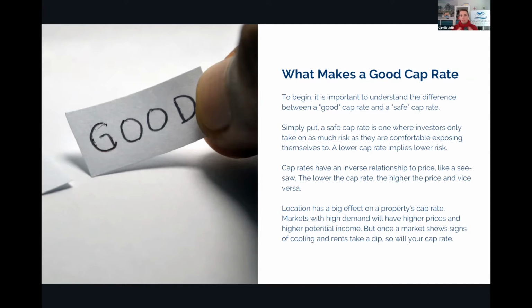So that's what we talk about when we're talking about a good cap rate, safe cap rates, right? So the higher the cap rate, so if there's a property that's being advertised at a 10% cap rate, for example, that's going to mean there's more risk. And more risk could be things like, well, the property is only occupied at 30%. And so now we have a lot of work to do to get that property occupied up to 80 to 90%. And it's a riskier investment. So keep that in mind.